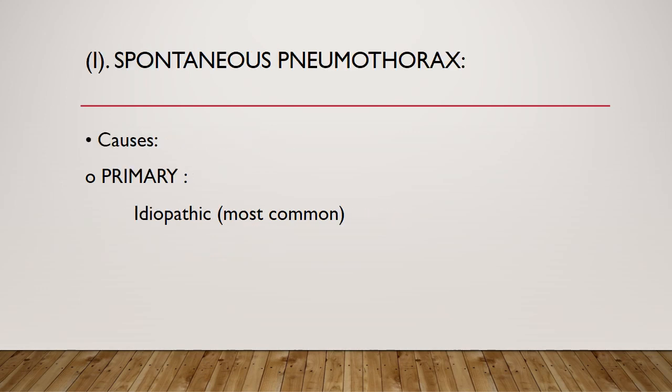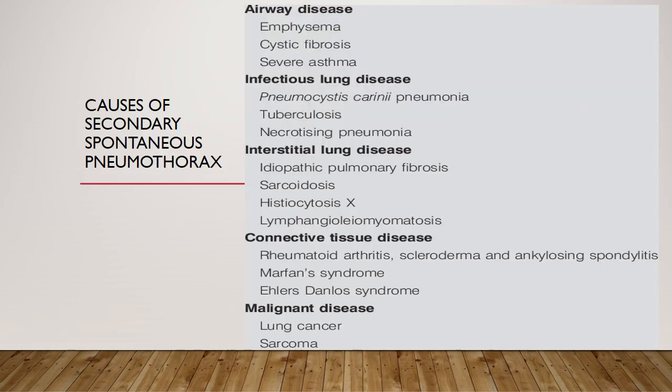So there are two causes of spontaneous pneumothorax. It's primary, which is the most common cause, and it is idiopathic. It happens in young, tall, lean male individuals, and the other is secondary, which is due to any coexisting disease. There are so many causes of secondary pneumothorax, like emphysema, cystic fibrosis, severe asthma, tuberculosis, sarcoidosis, Marfan syndrome, Ehlers-Danlos syndrome,